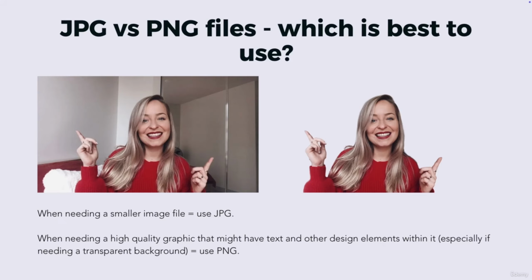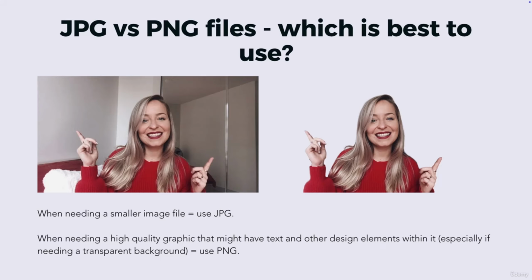You might have heard of both of these file formats at some point, but just to cover the basics, there will be some quality that's compromised when an image that's taken on a camera is converted into a JPEG, but it allows you to have an image that's smaller in size. And when I'm talking about size here, I mean the amount of space that an image would take up on your computer or in cloud storage, not the actual dimensions of an image, because those wouldn't change depending on the file format. And then PNGs are larger in file size, but will allow you to have the option of having